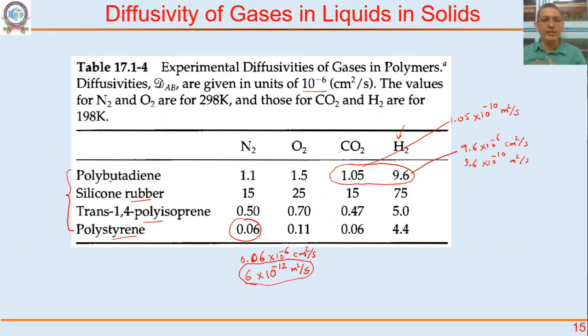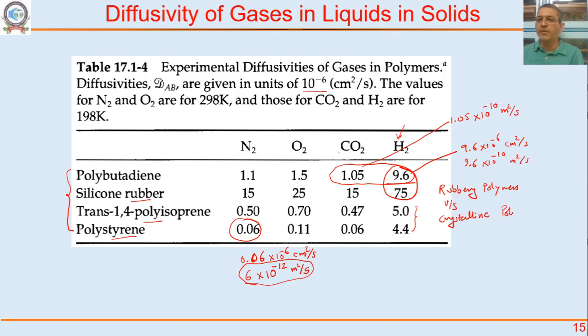Second thing to look at, why this is important, is because you can make membranes out of these polymers. So you might have a rubber membrane, silicon rubber membrane, or you might have a polybutadiene rubber membrane, and you will see that if it is a rubbery molecule, the chains can go further apart very easily, and then the diffusivity increases. Whereas if the polymer is crystalline, then the diffusivity values are significantly lower. So rubbery polymers versus crystalline polymers,